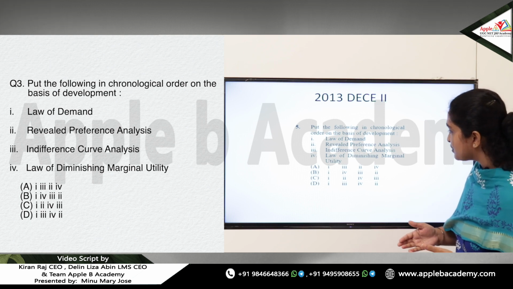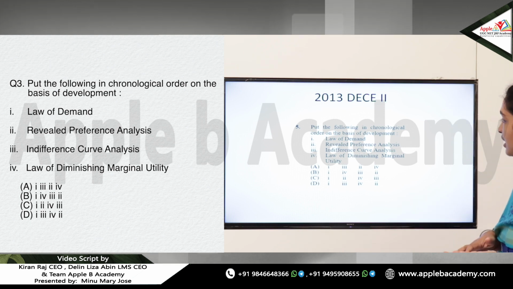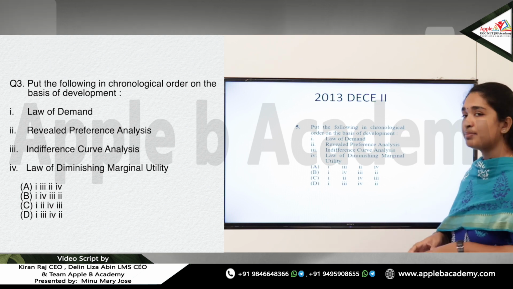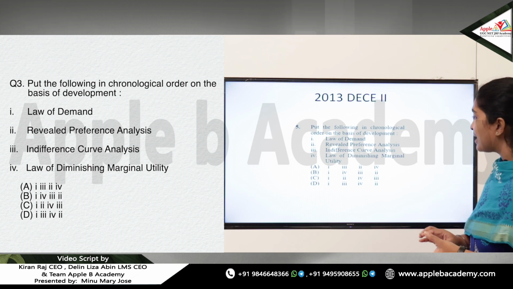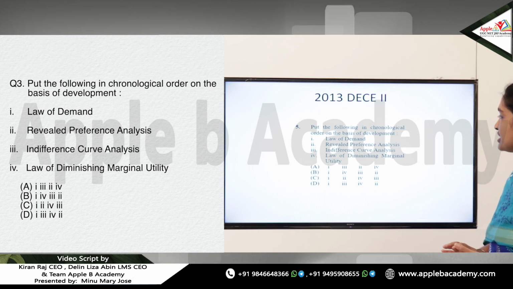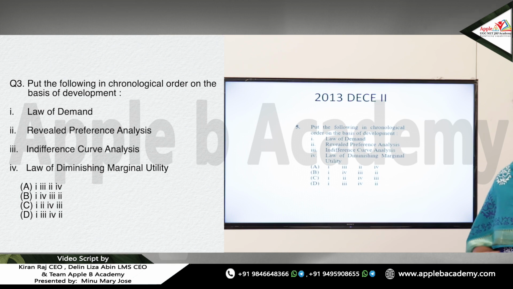So the law of diminishing marginal utility can be followed by indifference curve analysis, and the last to come in this category was revealed preference analysis put forward by Samuelson. Even though it used ordinal utility analysis to explain his concept, he said that individuals' choices are based on strong preferences, or they choose their preferences among the many, and on which they are always consistent.